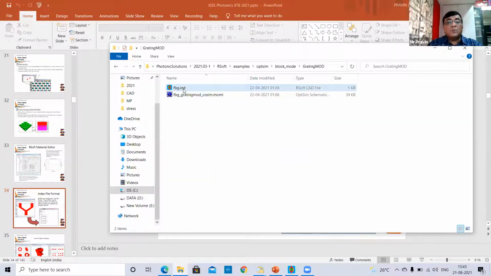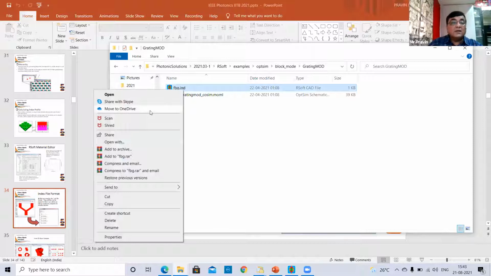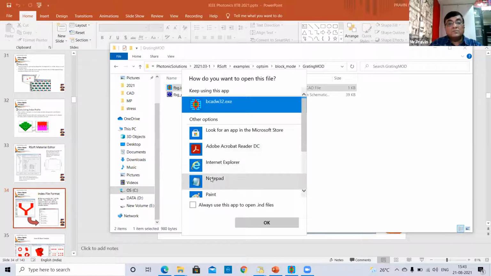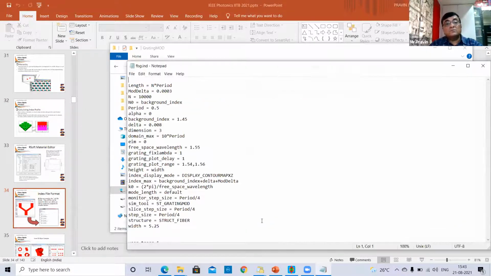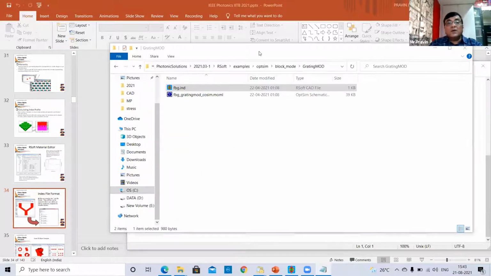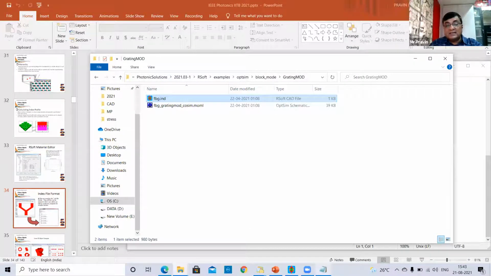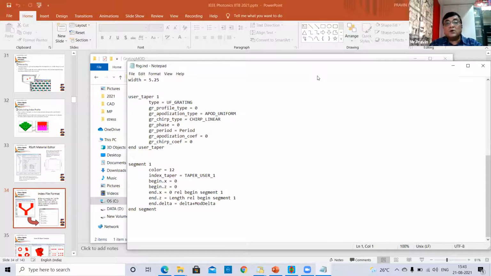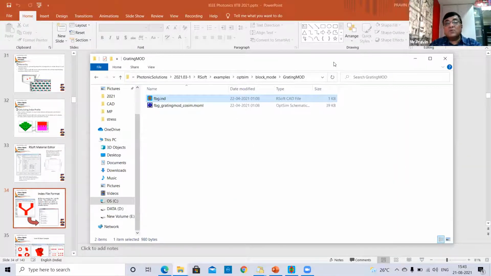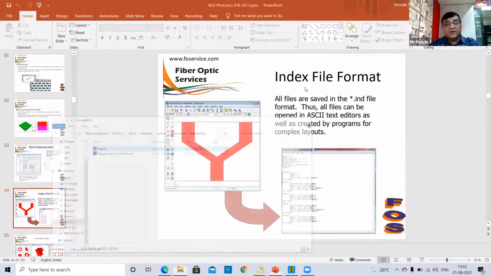Now, if I open this IND file, you can see this is nothing but an ASCII file. So the user has access to all the data. If there is an expert user, you can even modify the structure from the ASCII file.